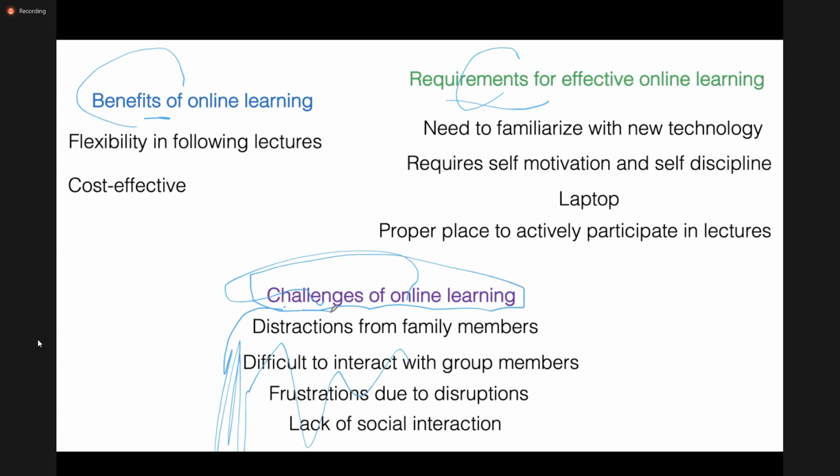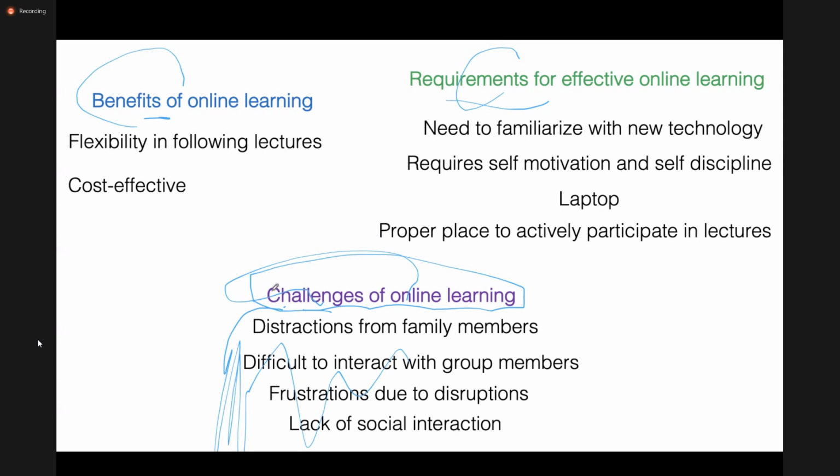So every time there's any challenge that's mentioned, you have coded that under challenges of online learning. But then you realize later, okay, this is not one thing. This is a very broad code. They talk about different challenges under this category.